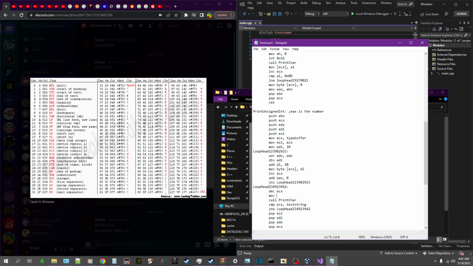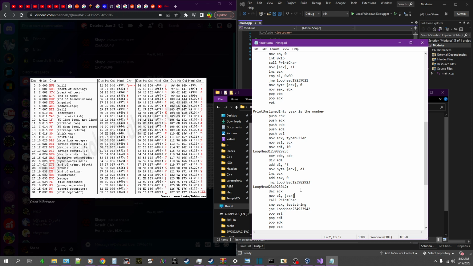Okay, so we gotta move into EAX. In fact, it can just be AL, because it's gonna change it anyway. So we can just move the value that's in ECX into AL, and then that will print it, and then we compare until it equals the original